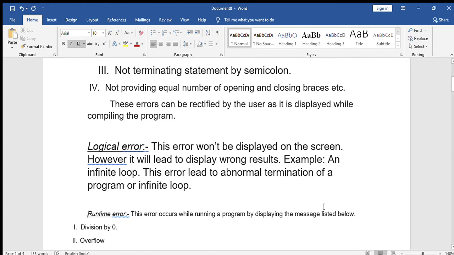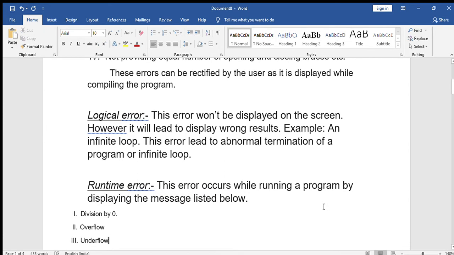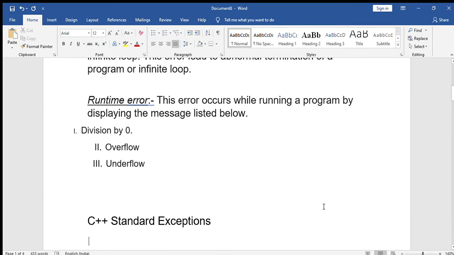What are runtime errors? The errors which occur while running a program. So while running a program, if the error occurs, then those are called what? Runtime errors. What types of errors are there? Division by zero, stack overflow, underflow. Okay, so these types of errors are called runtime errors. So there are different types of errors, and in this we have some C++